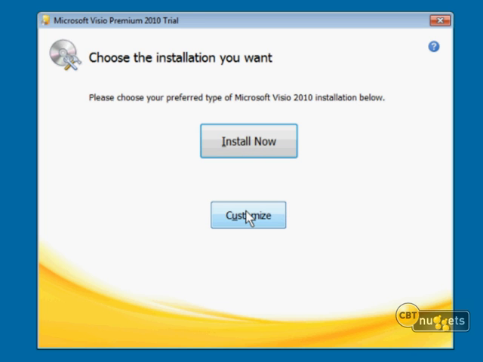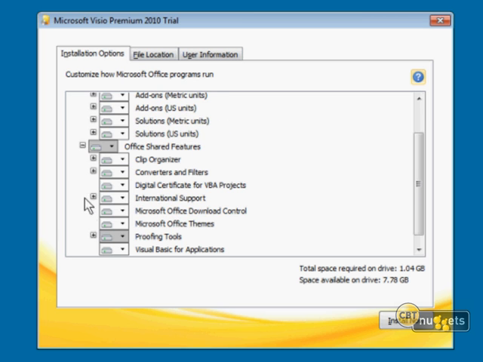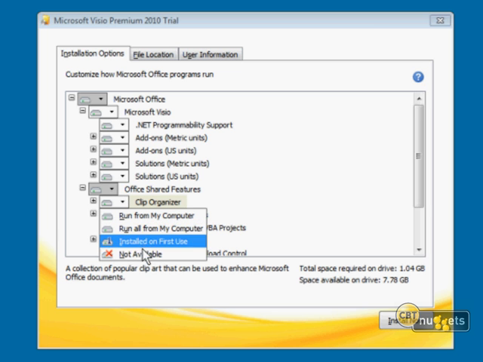I am a true IT geek, so I'm always going to go to Customize so we can determine exactly what and where this software is installed. The way that Windows Installer works is we have a tree view of all available components, and we can select those, open up the tree, and turn off stuff we don't want installed by opening the drop-down and selecting Not Available. That'll turn it off. The first icon and second icon determine whether that feature and any sub-features will be installed